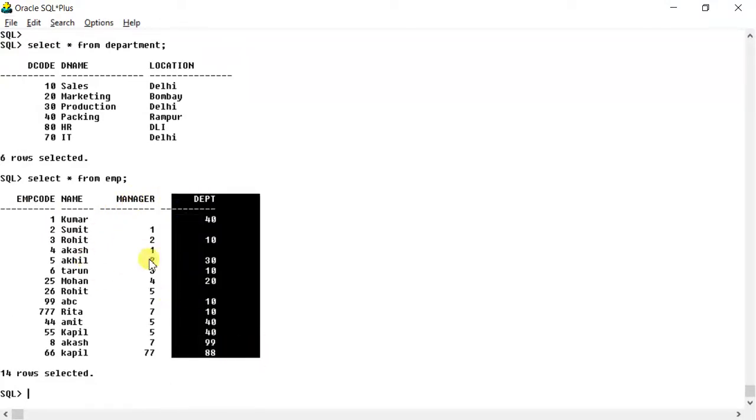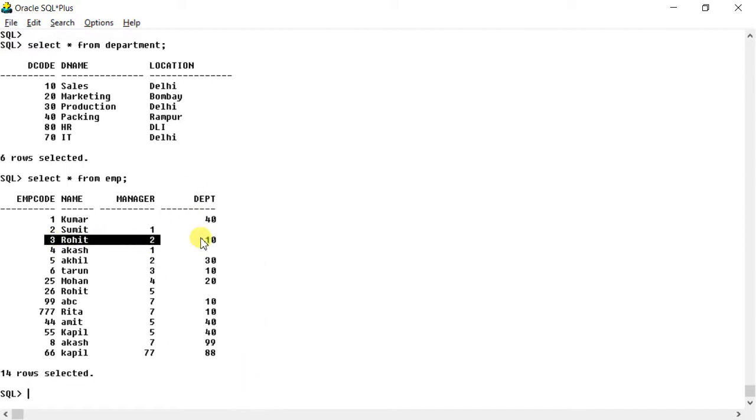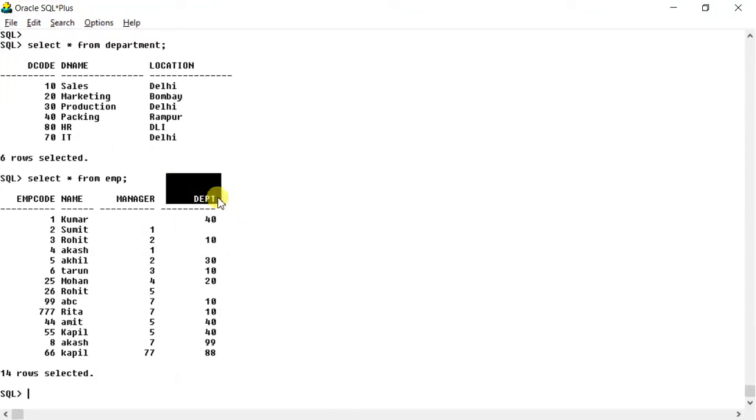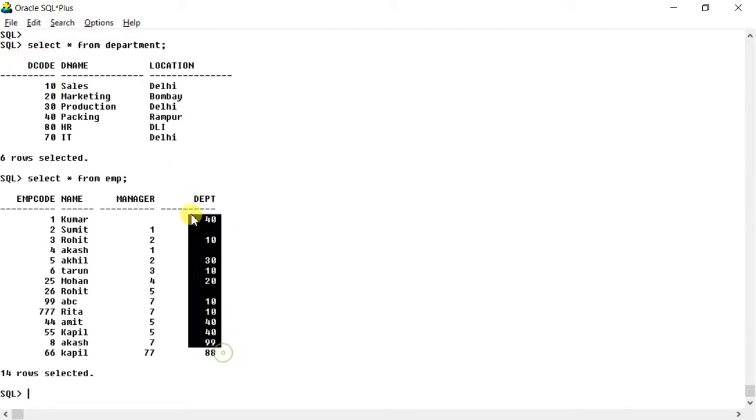Now the problem is that if I ask you what is the department of Tarun or what is the department of Rohit, if this column was not there, you cannot tell. So what we have done is taken this DPT as a foreign key here. This DPT foreign key is of this D code primary key. I have told in my tutorial that the foreign key can have a different name than the parent key, although both of them have the same domain, the same set of values.